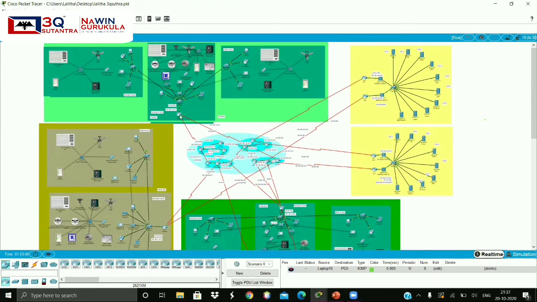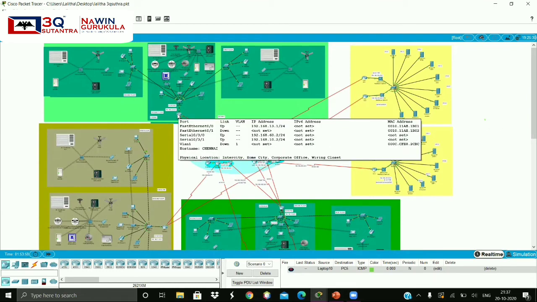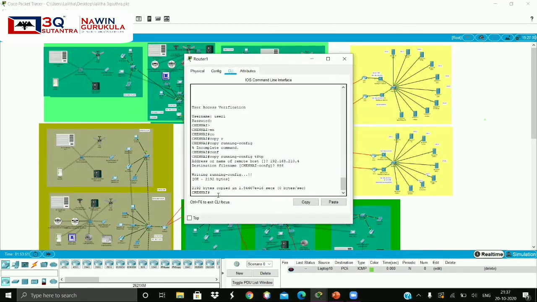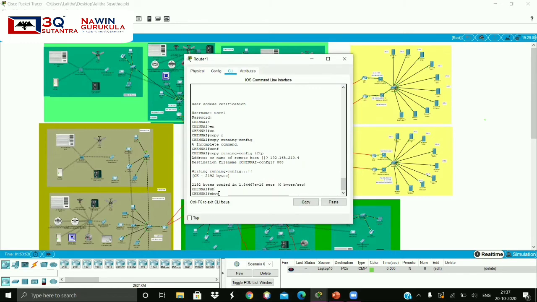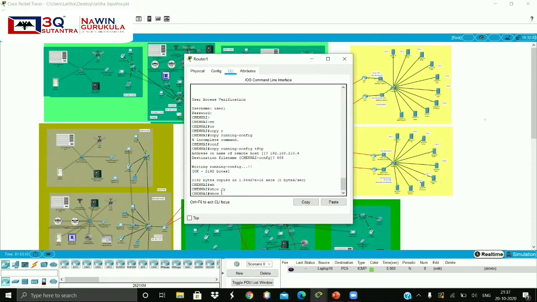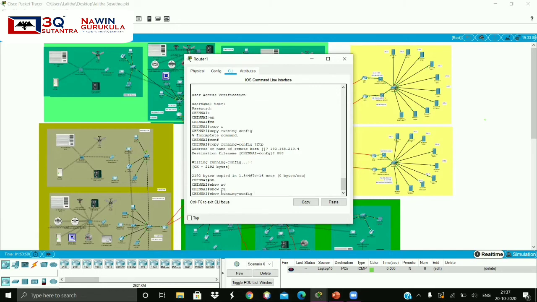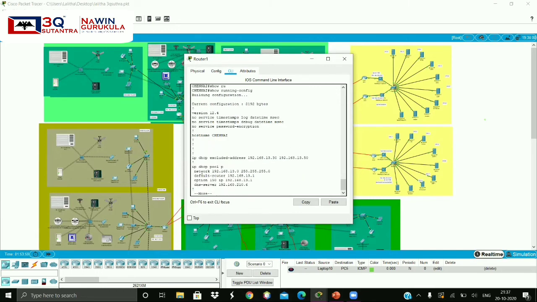And in the branches we did interface configuration and EIGRP configuration, and as I explained earlier, the interface configuration and EIGRP configuration is done. And here the IP addresses for end users we assigned using DHCP, and DHCP uses an address pool to assign the IP address. The address pool name should be specified here.